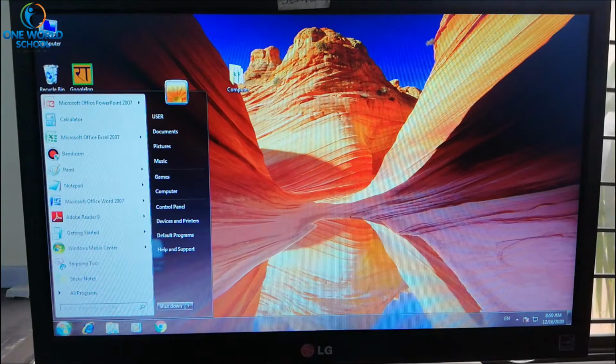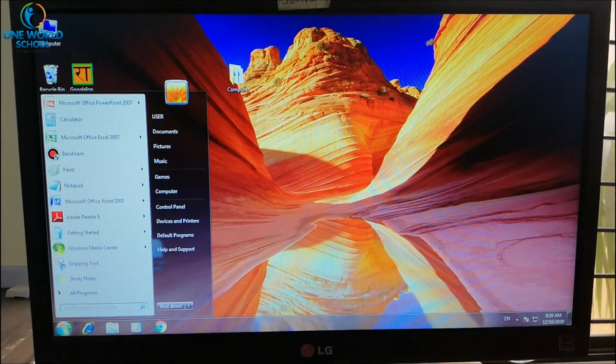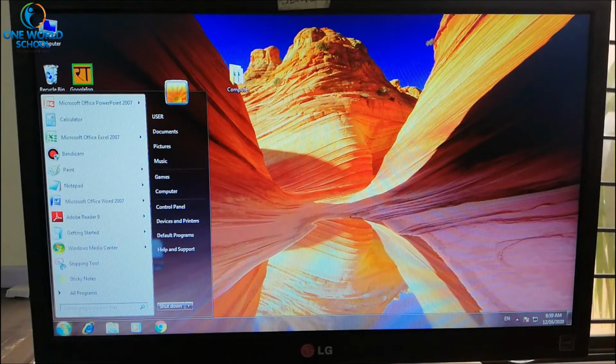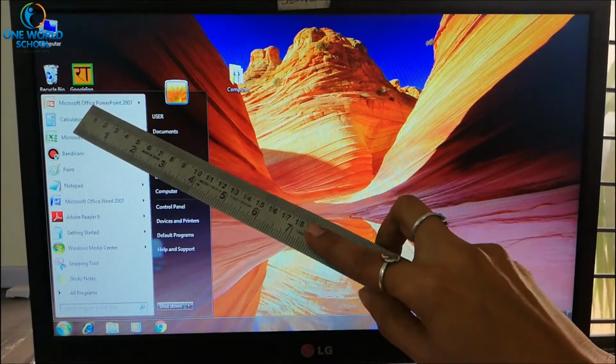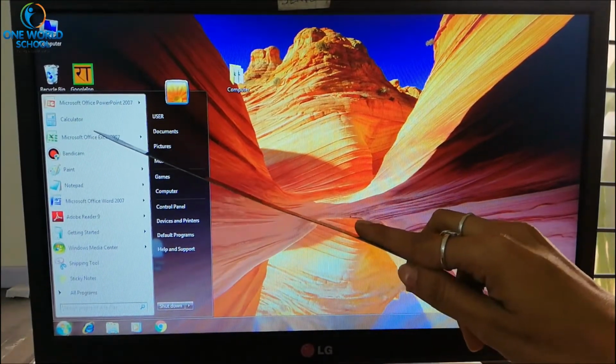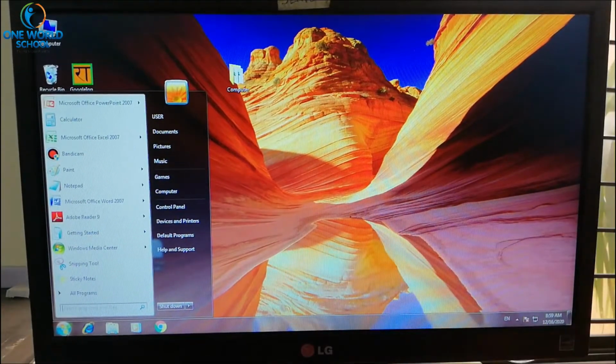Okay. Now see, a pop-up menu is given to you. When you click on the start button, a pop-up menu opens. From this you have to find the program name. Which is our program name? Paint. Yes. Look here. This is PowerPoint. This is Calculator. Then Excel. Then Bandicam. Then Paint. Yes, our program name is Paint.